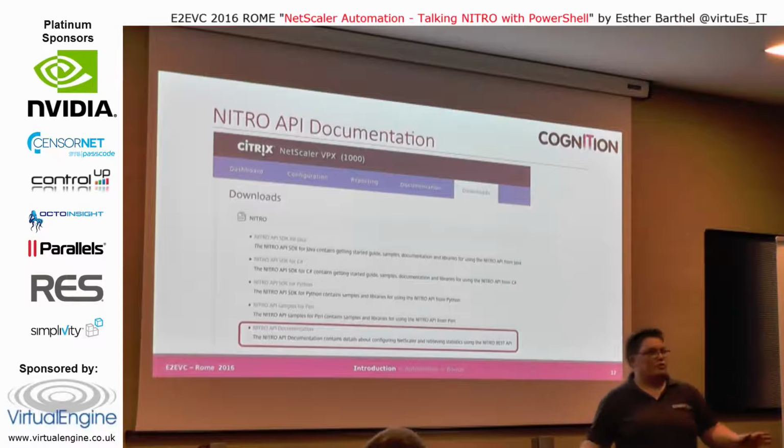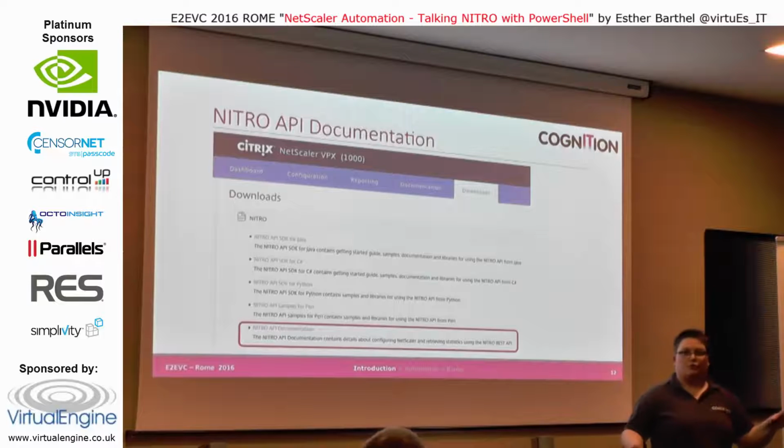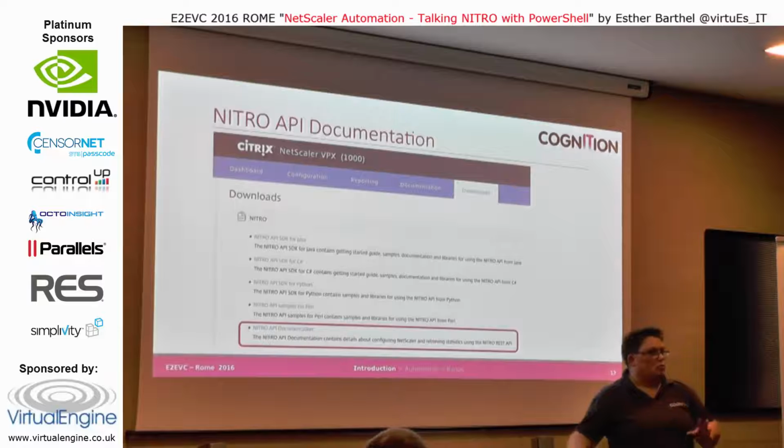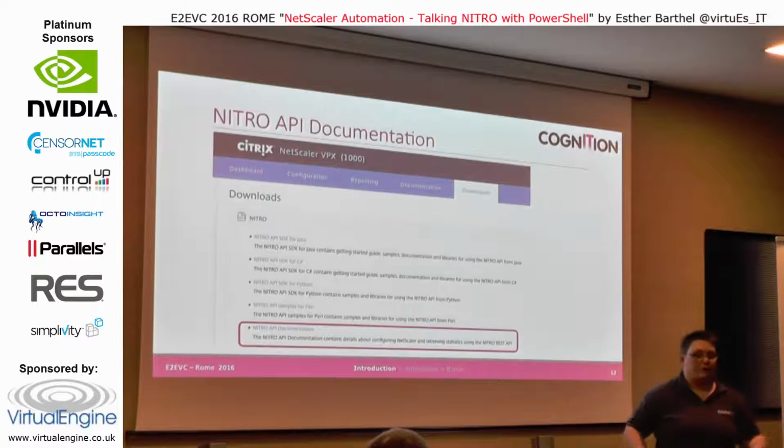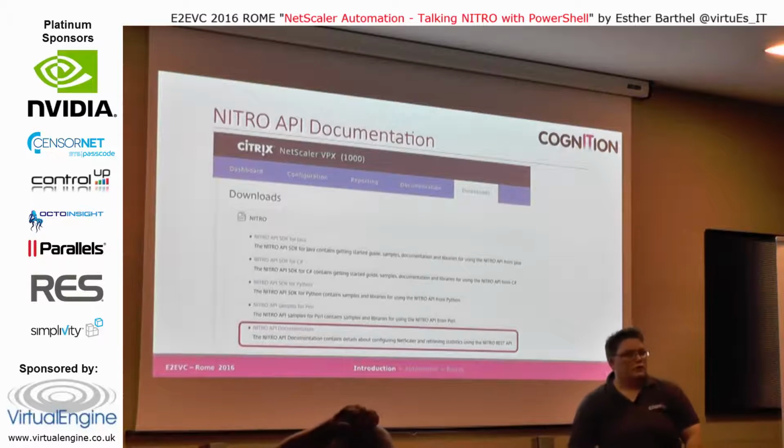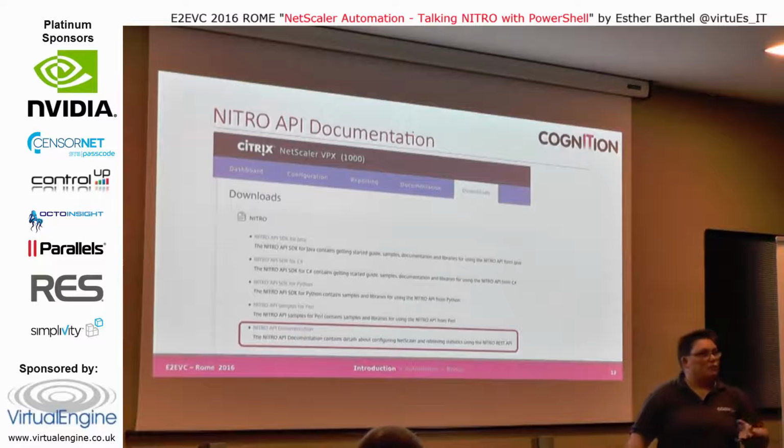So I have everything set up now. I have my client, which will be PowerShell scripts. I have NITRO running on my NetScaler because it's running by default. But now I need to know what information to put in the JSON payload to be able to get my configuration uploaded. So my first step to get that information or advice would be to go to the NetScaler download